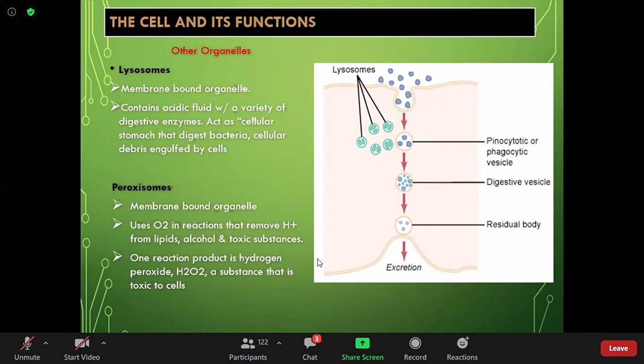So this will be acted upon by your peroxisomes. The hydrogen will be removed so that it will be converted to water already, and it will not harm the cell. So the lysosomes, they digest